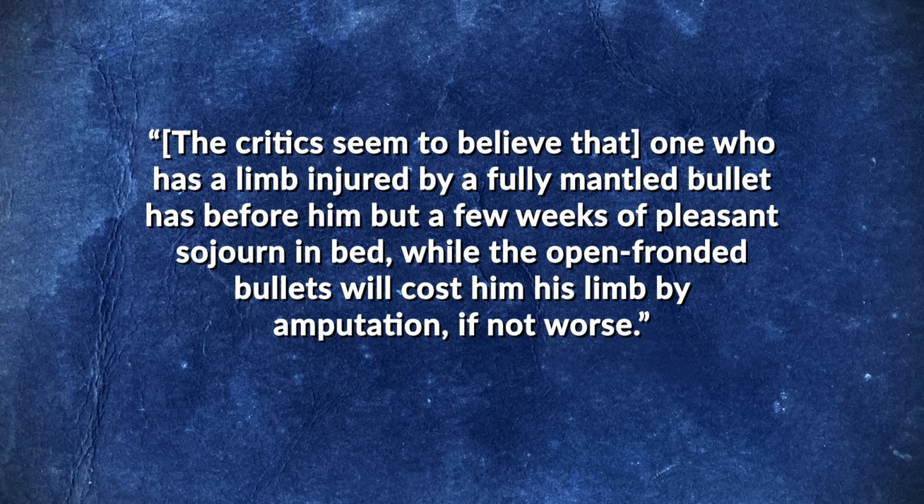The critics seem to believe that one who has a limb injured by the fully mantled bullet has before him but a few weeks of pleasant sojourn in bed, while the open-fronted bullets will cost him his limb by amputation, if not worse. Nevertheless, on May 18, 1899, a convention opened in The Hague to hammer out further international laws